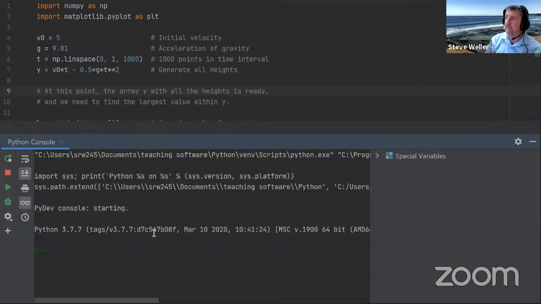Let me just take a 1 minute detour. I was slow to realize that the console that comes with my particular PyCharm setup on my computer here in my office is different from the setup that's been rolled out in the labs across the campus. What that means is that the console here looks different, or has looked different.